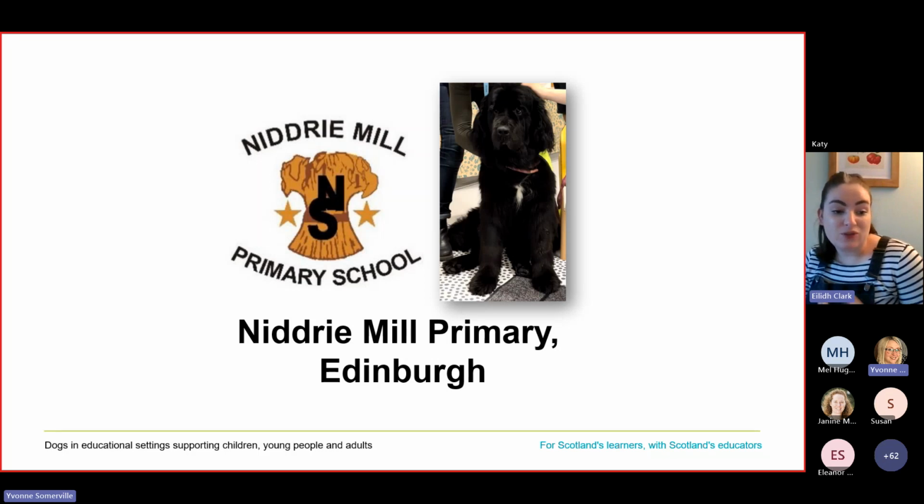The next thing we had to do was create a risk assessment. We'd previously had Pause for Progress in our school, who worked with specific children, so we already had a risk assessment for having dogs in the school. Then we spoke to the parents of the children who were going to be included, shared the risk assessment with them, and got their written permission